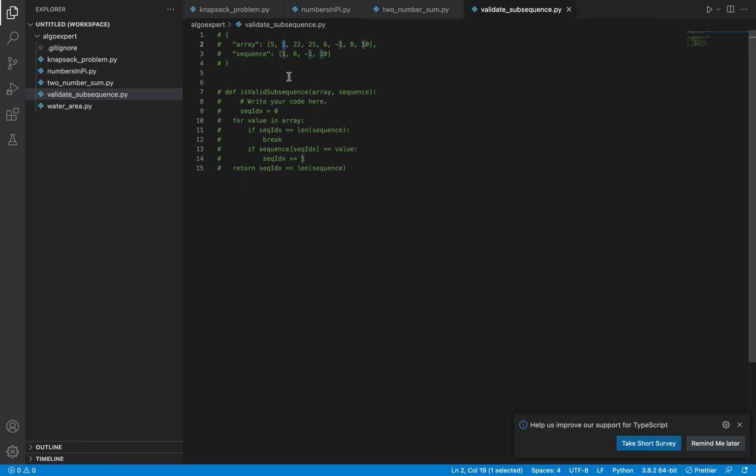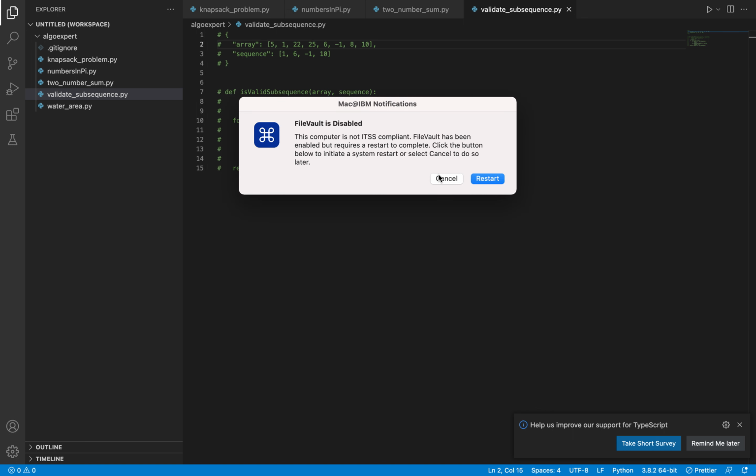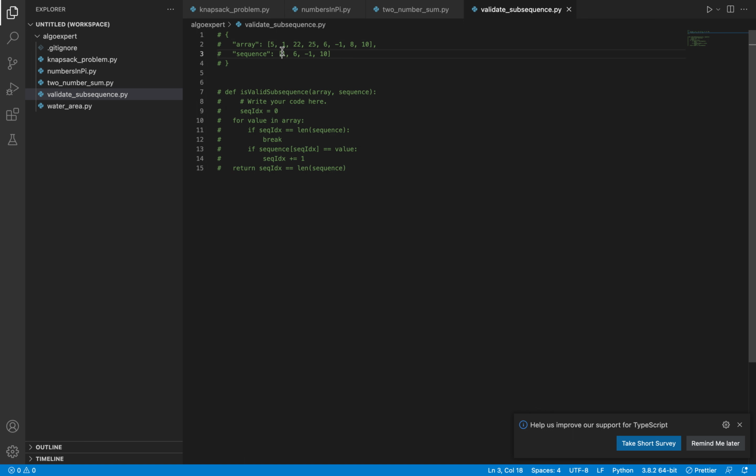So how the algorithm works is we will have two pointers. One is pointing to this array and another one is pointing to this sequence array. Initially we will check whether these two values are the same. In this case these two values are not the same. Then we will increment this index to here, and we will check whether these two values are the same. So these two values are the same, so we will increment this index and this index, so both will come here